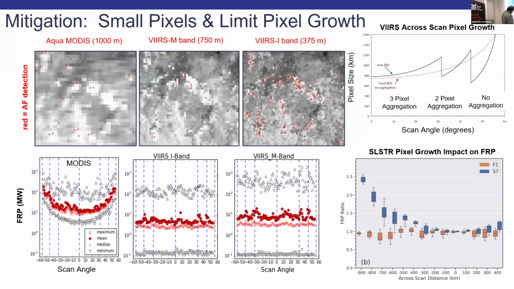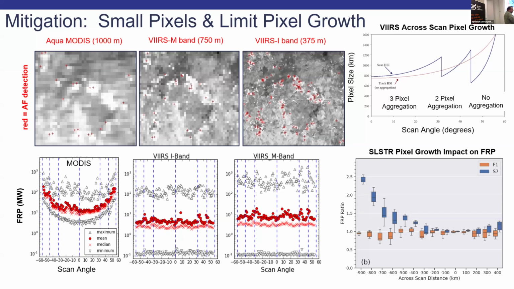And this is basically 1 year of data for MODIS, various different fire radiative power statistics, maximum, minimum, against scan angle. And what you see is it's not flat, and this is a logarithmic scale. So, for example, the minimum detectable fire is way higher at the edge of the swath than it is in the middle, basically because the pixels at the edge of the swath are 10 times bigger. So essentially, this number is about 10 times bigger than that. So the fires have to be 10 times larger if you're seeing at the edge of the swath than in the central swath. And MODIS has an 8-day repeat cycle.